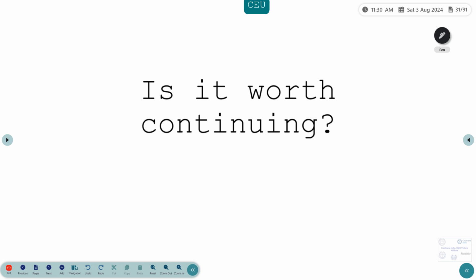Now is it worth continuing? So we can see that the scores that we are looking at have been derived from a group of patients, and these scores have also been validated in a different group of patients. So it is worth continuing in this clinical prediction rule. We look at what they found out in our study.